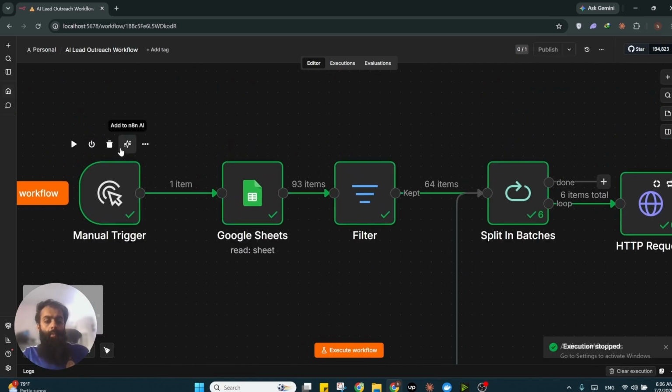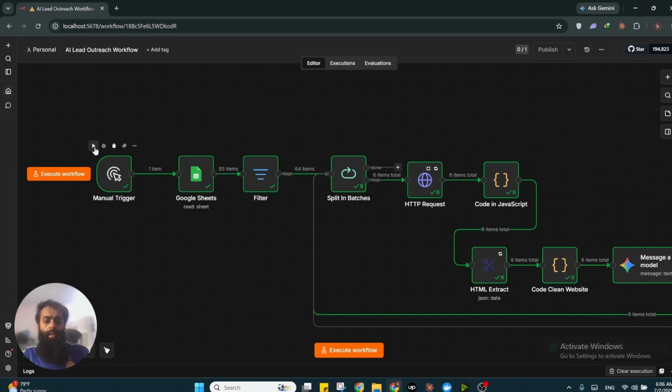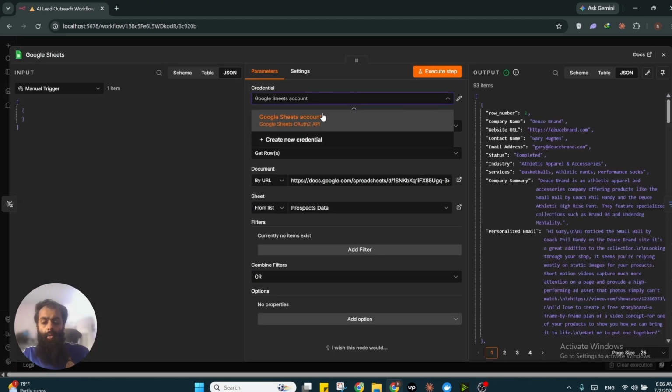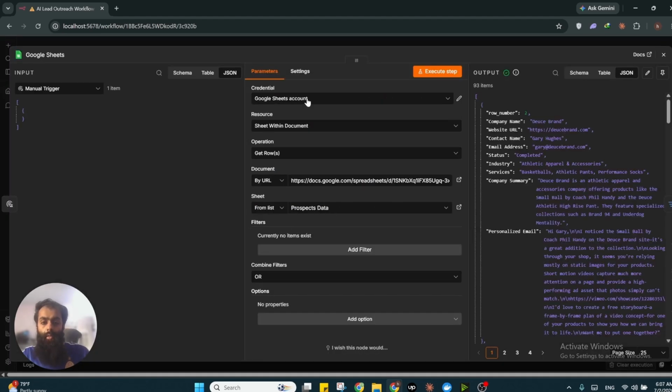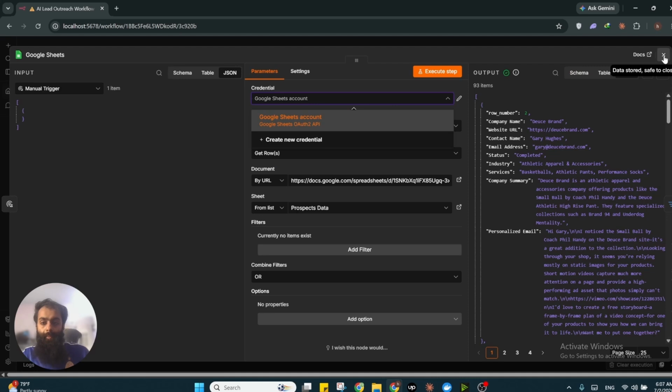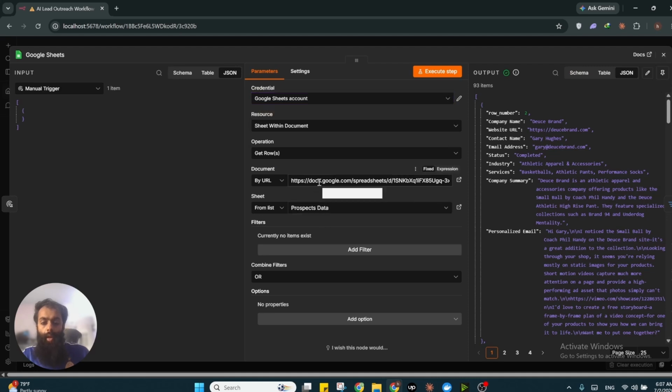So this is the manual trigger here. It's just a trigger: when you click on execute flow, it will run for you. The second node is Google Sheet. You need to set up your Google Auth account. For that, you need to give authorization to your sheet. You can watch any of the videos I might upload on my channel on how to connect your Google Sheet to the account. Once that is connected, you just need to select that account here and then you have to add the